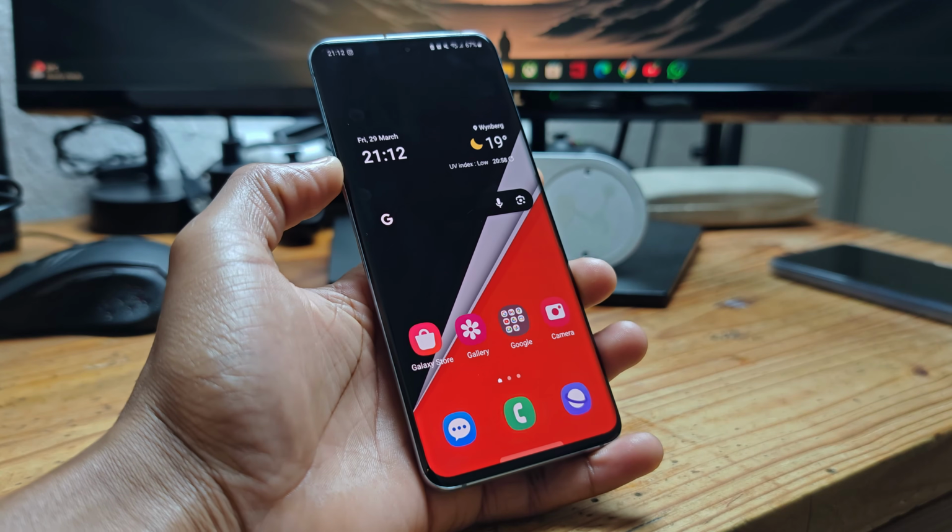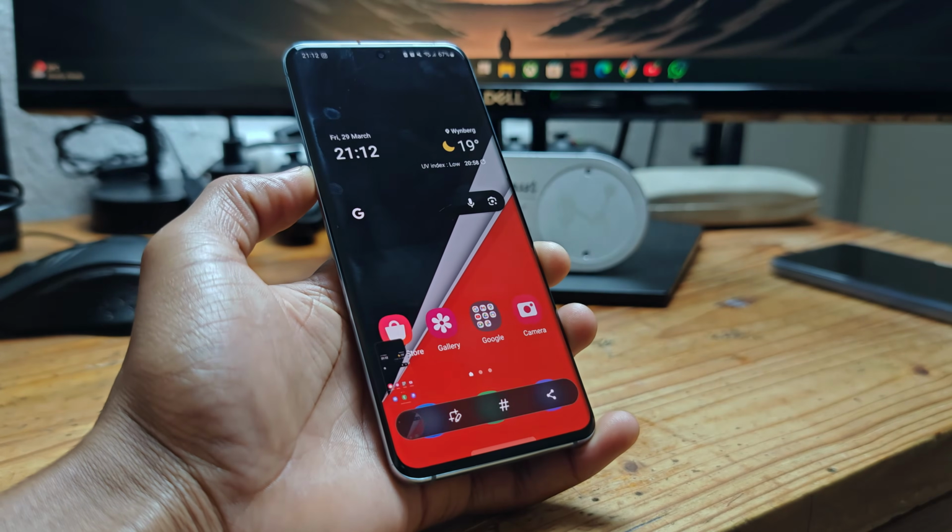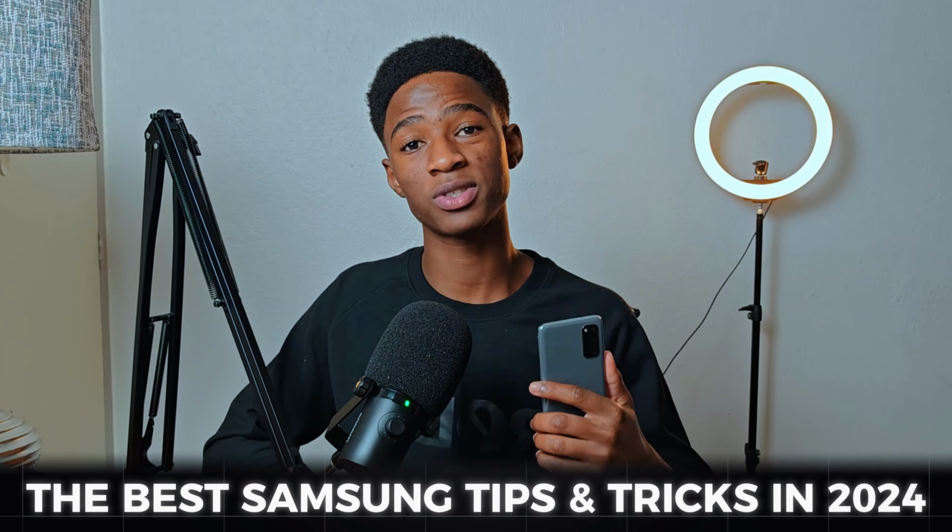The best way to take a screenshot on your phone is by taking your palm and swiping across the screen like that. In this video, I'm going to be showing you the best Samsung tips and tricks you need to